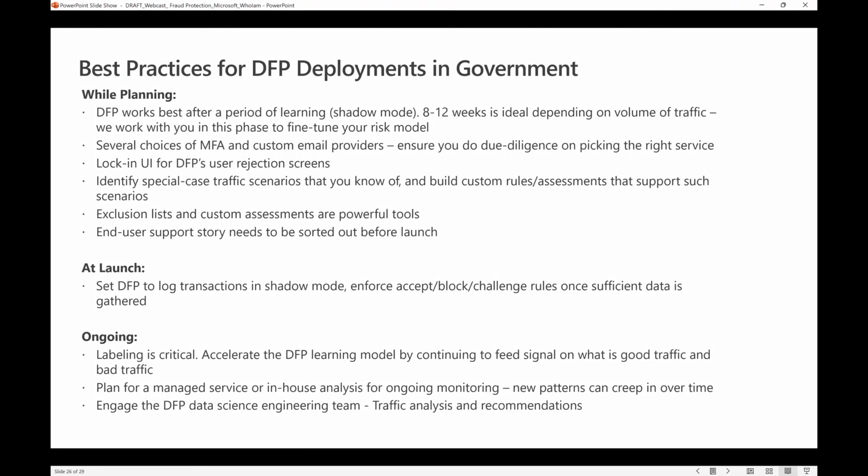I like to think about this in sort of 3 phases. There's things you have to plan for in DFP while you're in that initial setup planning period. Then there are activities that you need to think through during launch, and then there's this ongoing, hey, what's my run state look like? So while planning, one of our observations is DFP works well after it's had a period